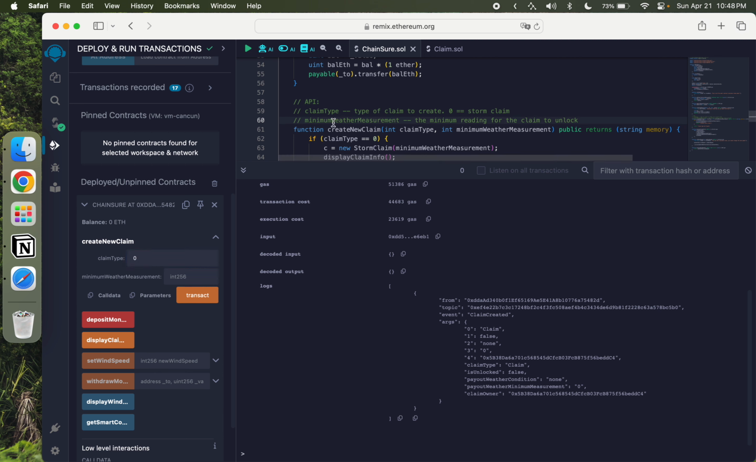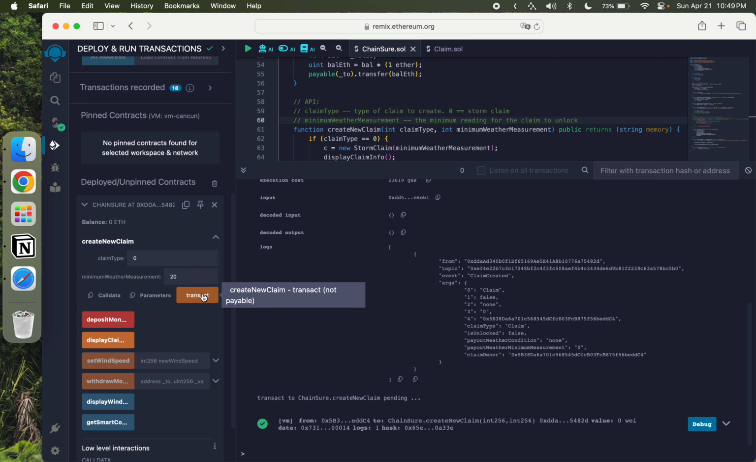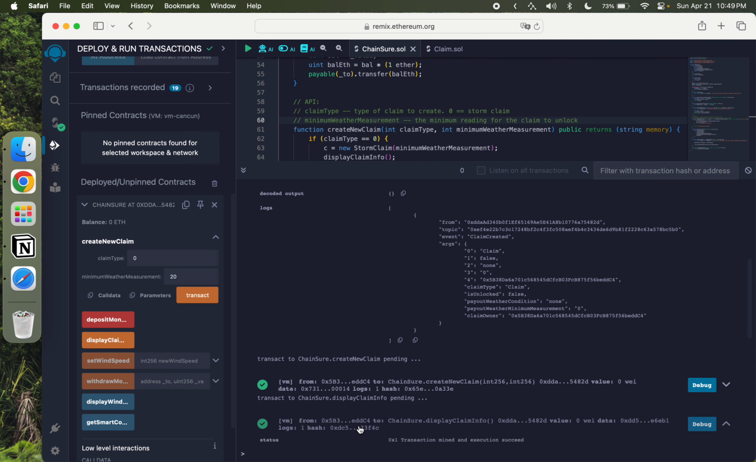And it's going to take a minimum weather measurement. So for storm claims, that's going to be the minimum wind speed. So once the wind speed hits that amount or exceeds it, then the claim gets unlocked and it can get paid out. And so let's just set the wind speed as, let's say, 20 miles per hour. And so if I run and execute this function, and then I hit display claim again, we can now see